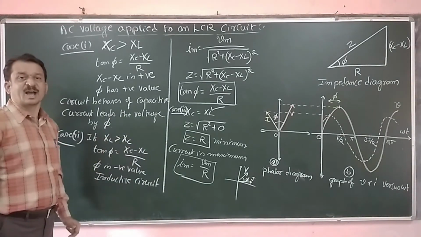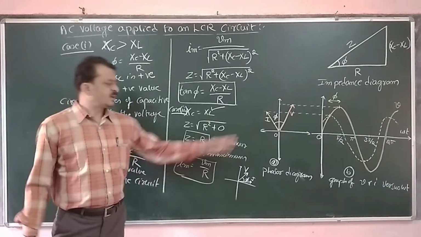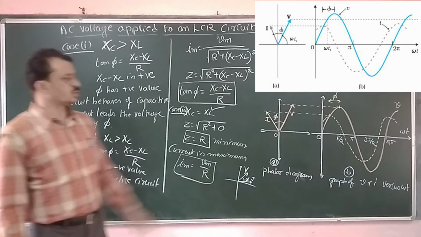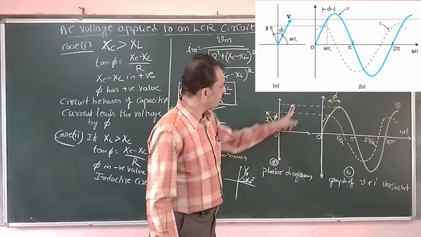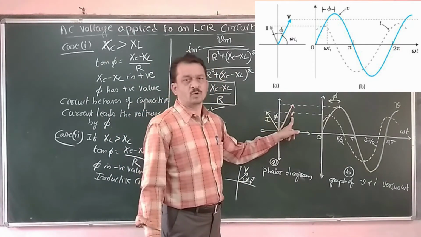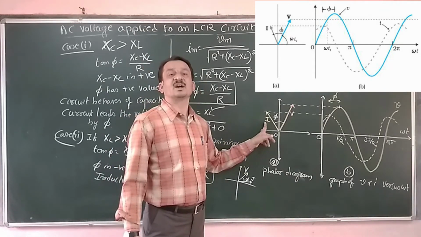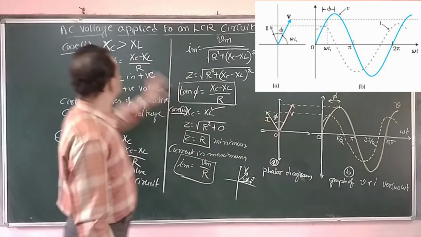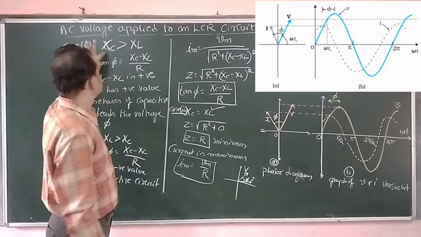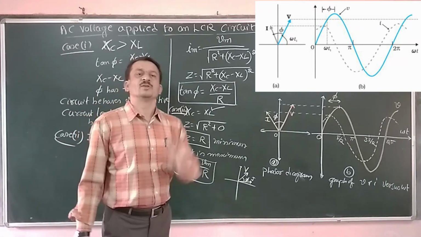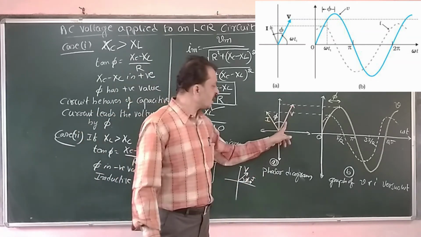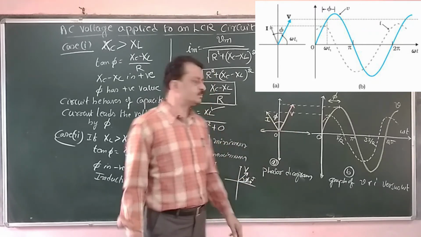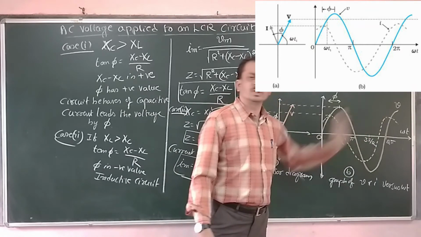Now that is the impedance diagram. Now we will study the phasor diagram as well as the graph of voltage and current versus omega t as shown in this diagram. Here V represents the voltage phasor, that is the applied voltage. I represents the current, the common current flowing through the circuit. Since we have chosen Xc greater than XL, the circuit becomes capacitive, therefore current has to lead. Therefore we are writing the current ahead of voltage by a phase angle phi. The corresponding wave pattern is as shown in the figure.